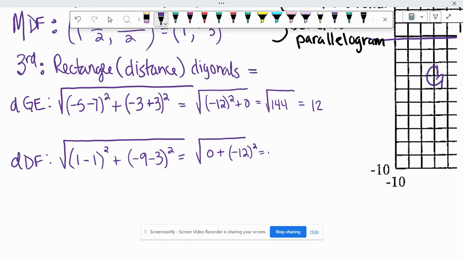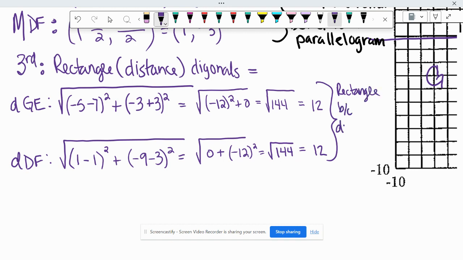squared. What is negative 12 times negative 12? Positive 144. So I have the square root of 144, which I know is 12. So what did we just prove? Yeah, we proved that this is a rectangle